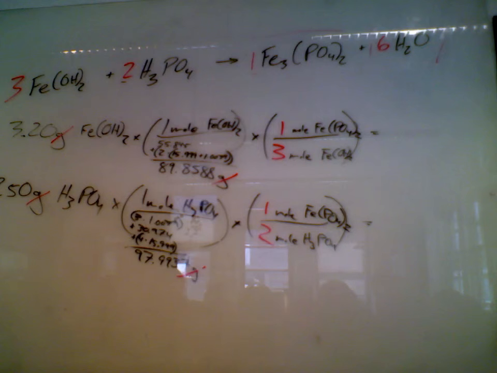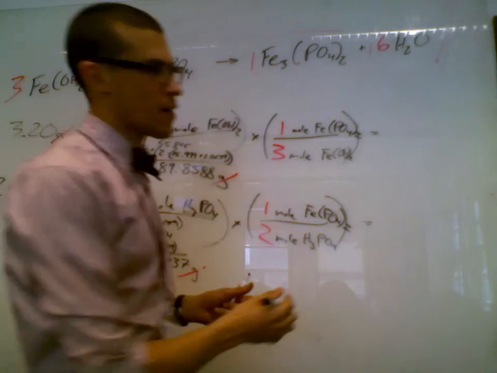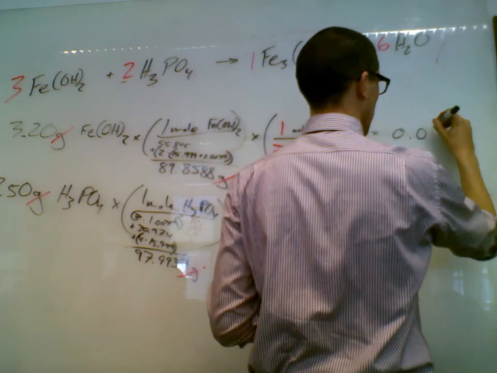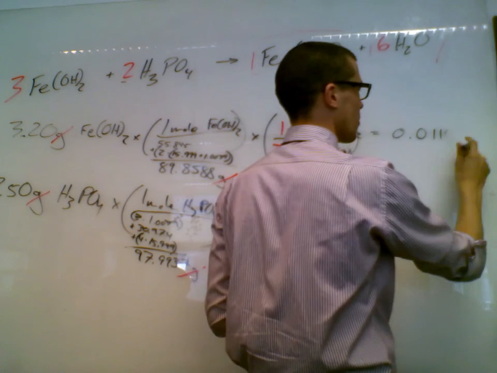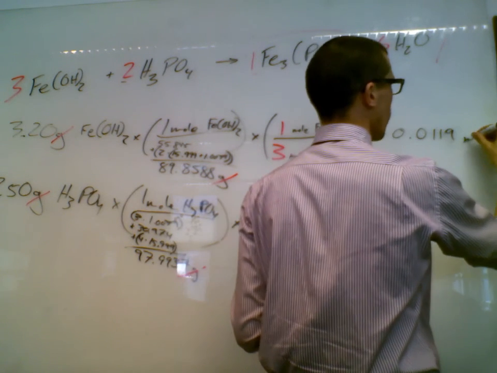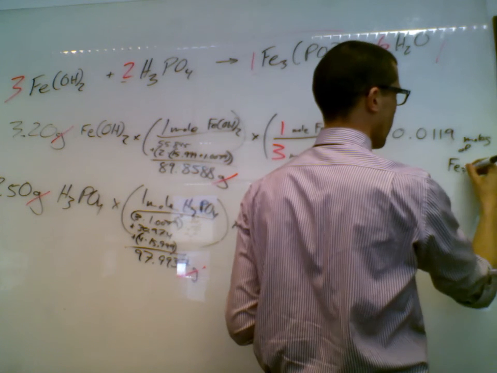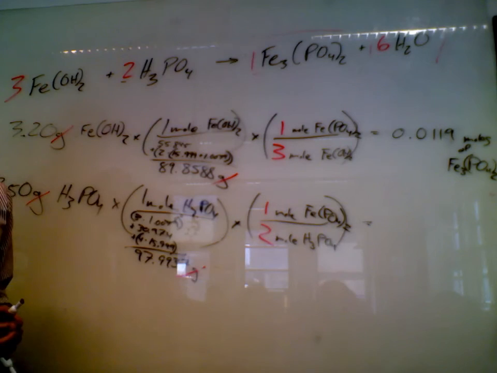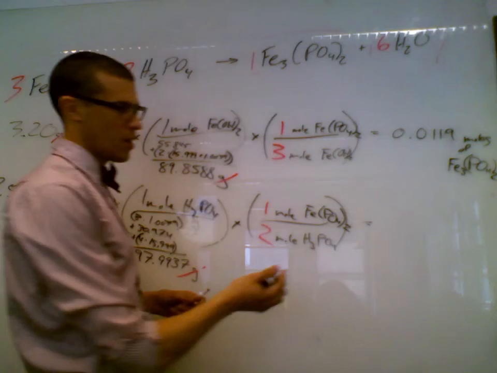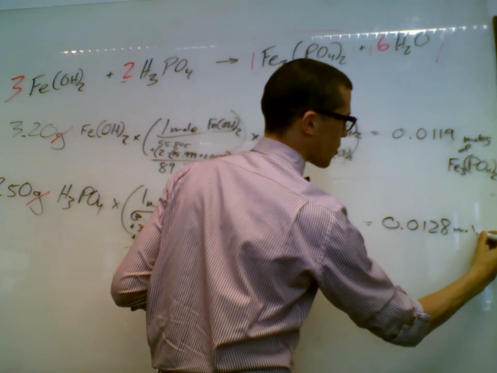So if I do all that, should the upper one come out 0.011 and for the down below 0.0127? 0.08. Yep, that's right. Actually, it's 9 if you stick it in correctly. Moles of. This is going to be iron phosphate. And then down below 0.0128. 8. Yes. 8 moles of